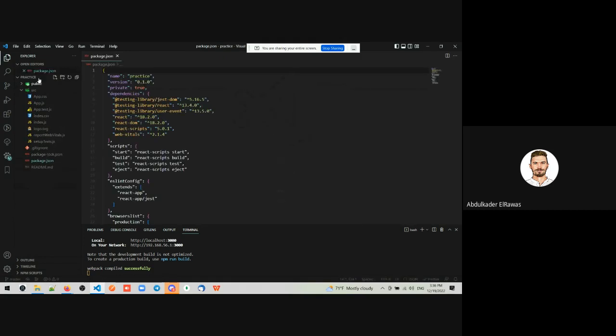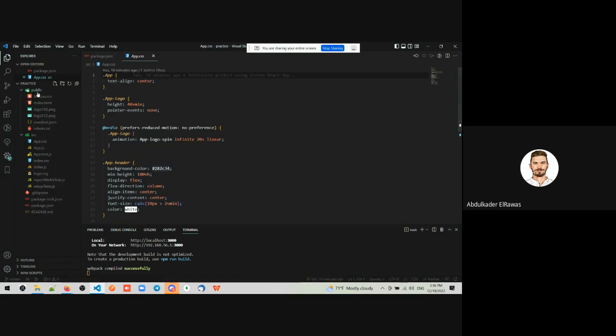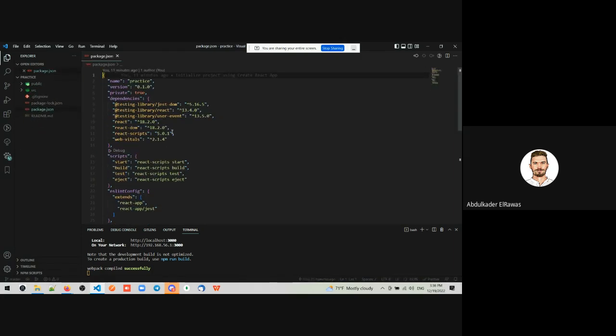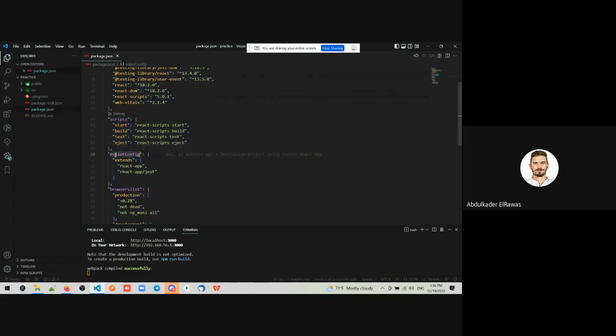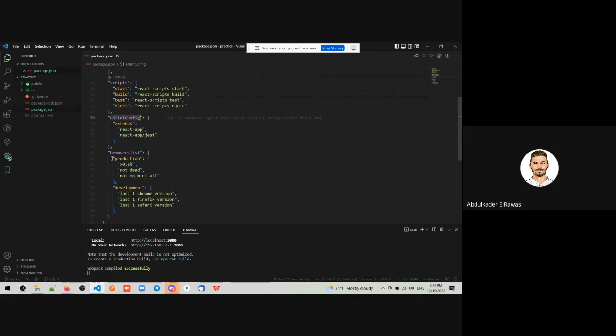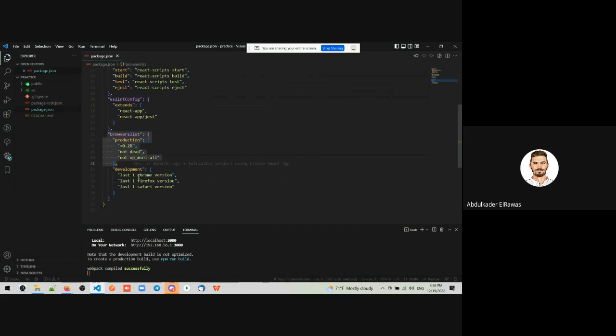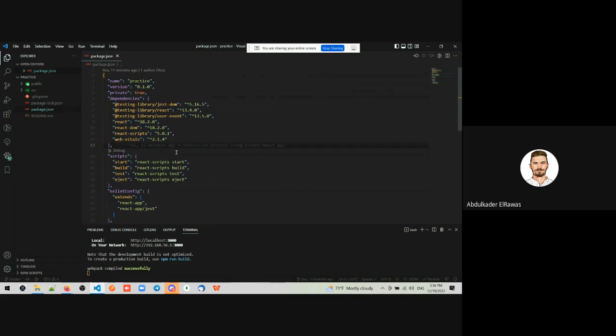We have package.json. So what is package.json? Package.json is the passport of the project. It's like the ID of the project, الهوية, okay? It contains the name of the project, the version, is it private or public, who are the authors, what are the dependencies, what are the scripts, do we have any configuration about linting and formatting, anything about browser, anything about development. What we always check before running a project are the scripts, especially later on when you're